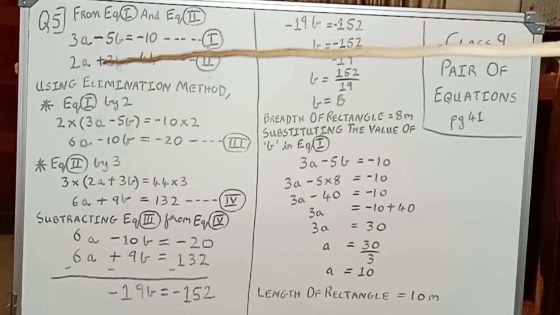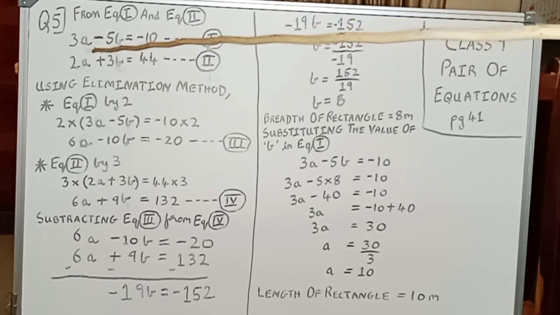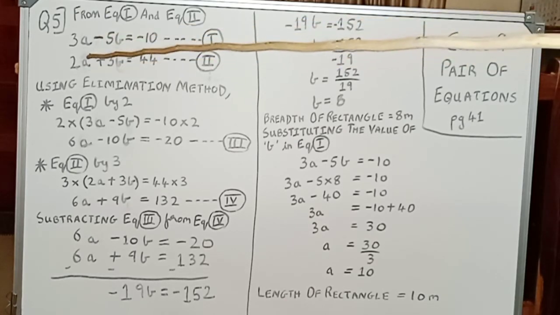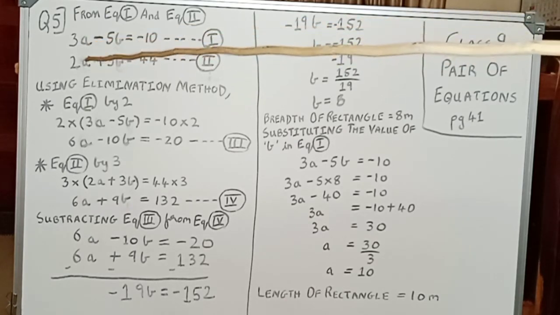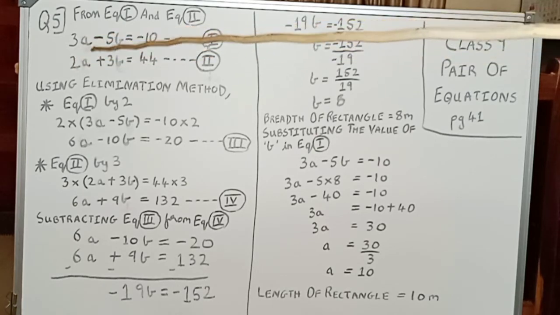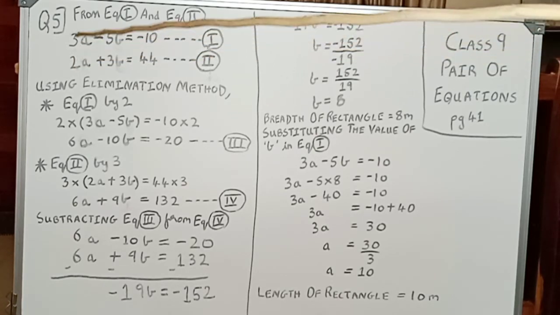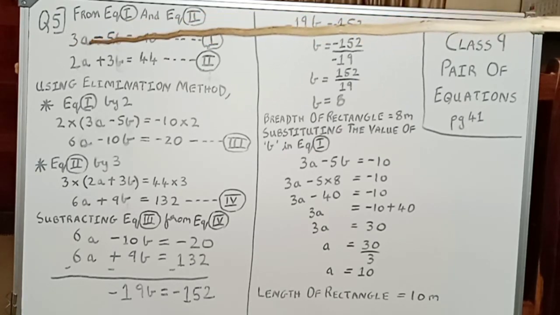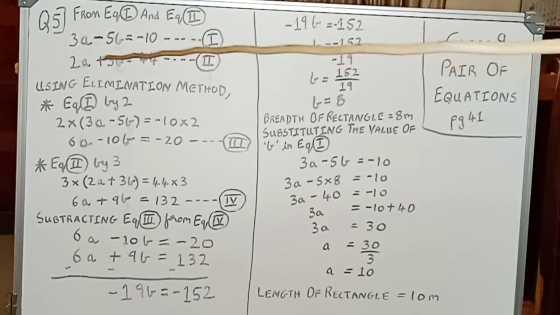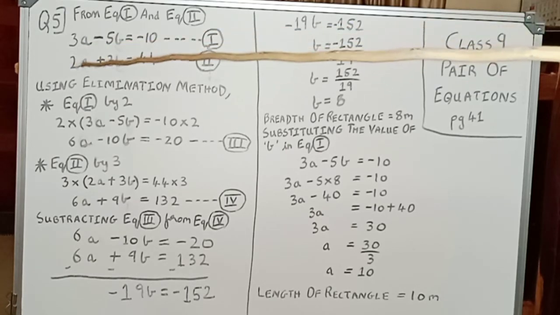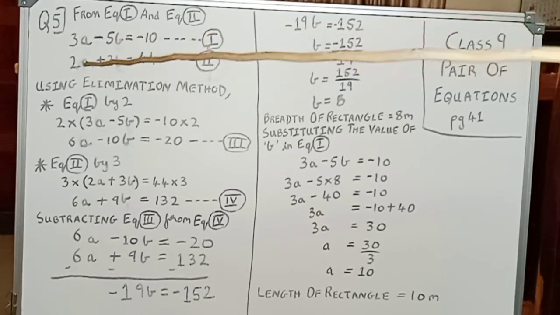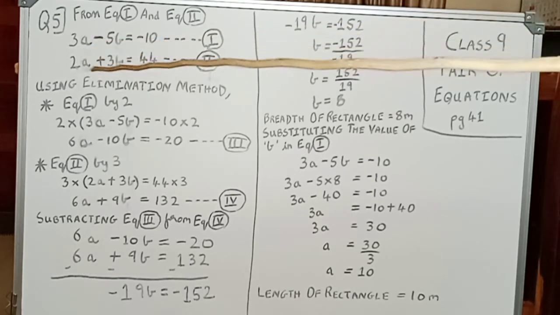We multiply and equate the terms, and we bring one of the terms equal. So you can see there is 3 and there is 2. If you multiply equation number 1 with 2, this number will become the same, and when you multiply the second equation with 3, this first term a will equate. We will see that right now.